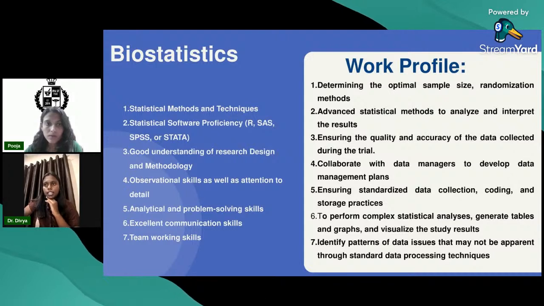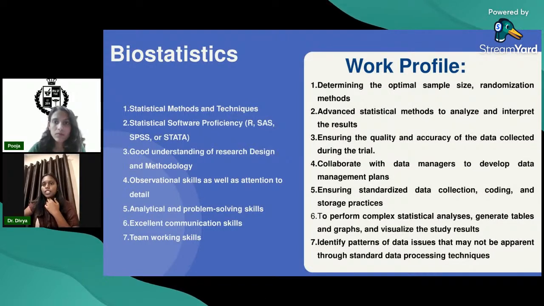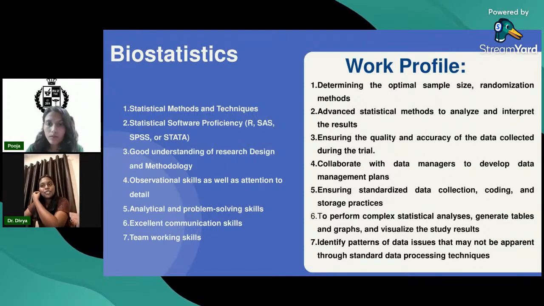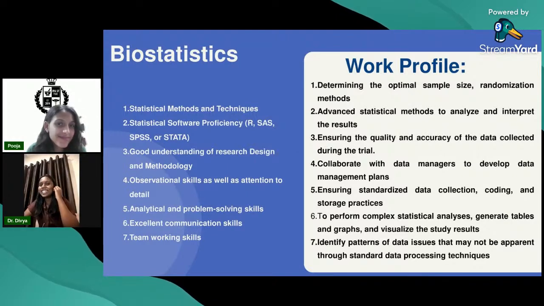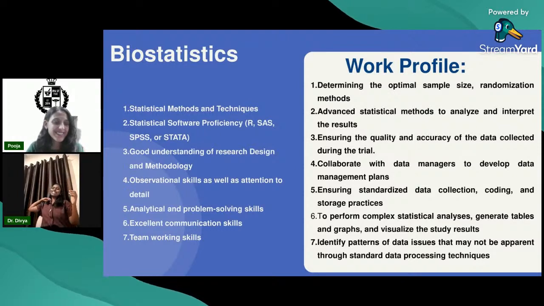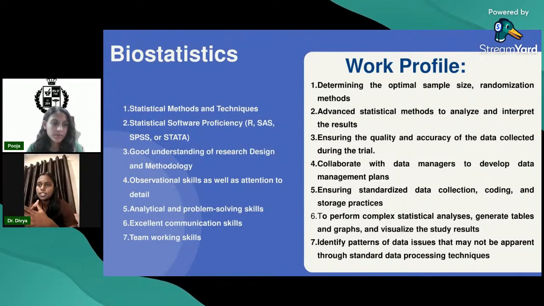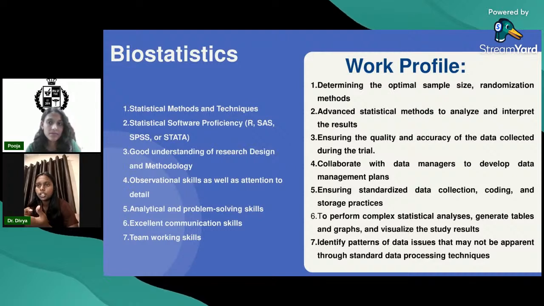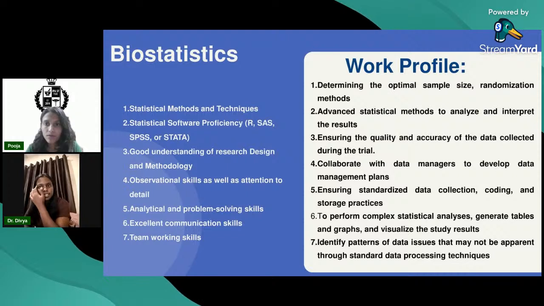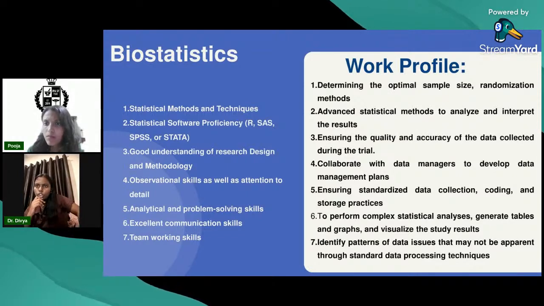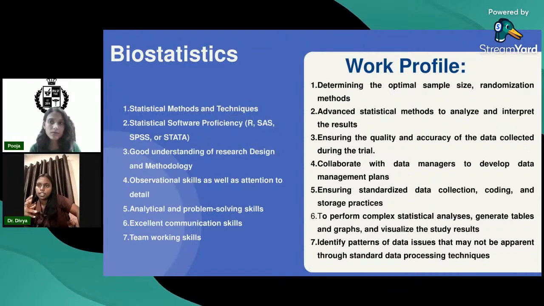So biostatistics. As I said, if you're someone who likes calculation, mathematics, statistics, this is a field for you. And I surely say that I'm not made for this field. So, if you're someone who can perform or who is willing to learn about statistical methods, this is a field for you, because there are statistical software, that is R, SAS, SPSS, and Stata. If you are well known with these names, these are softwares which are used to analyze data which is generated